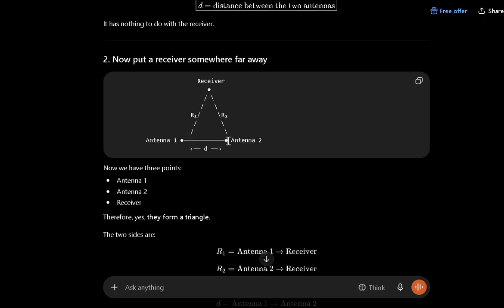Suppose we form it here. This is the distance d between two antennas. We form it at the receiver side here. Then R1 to this angle is